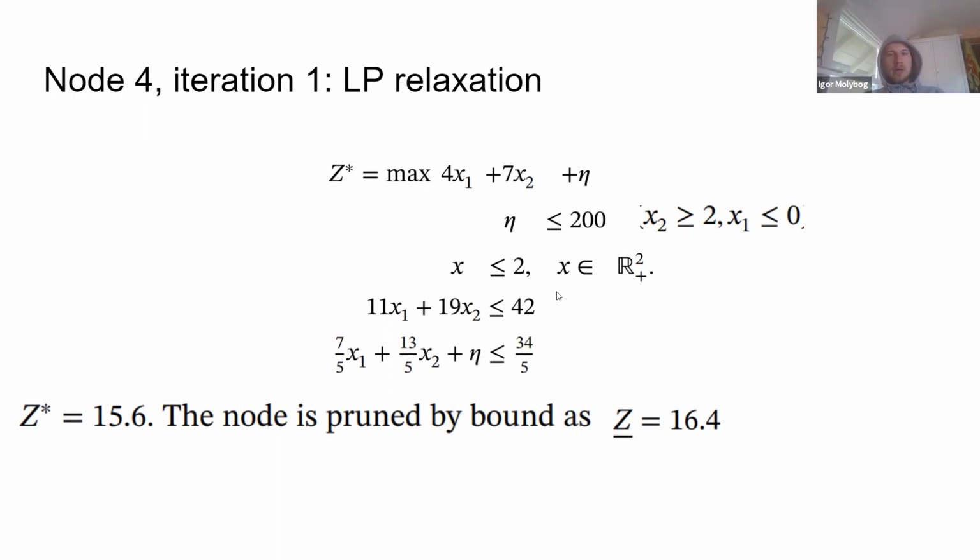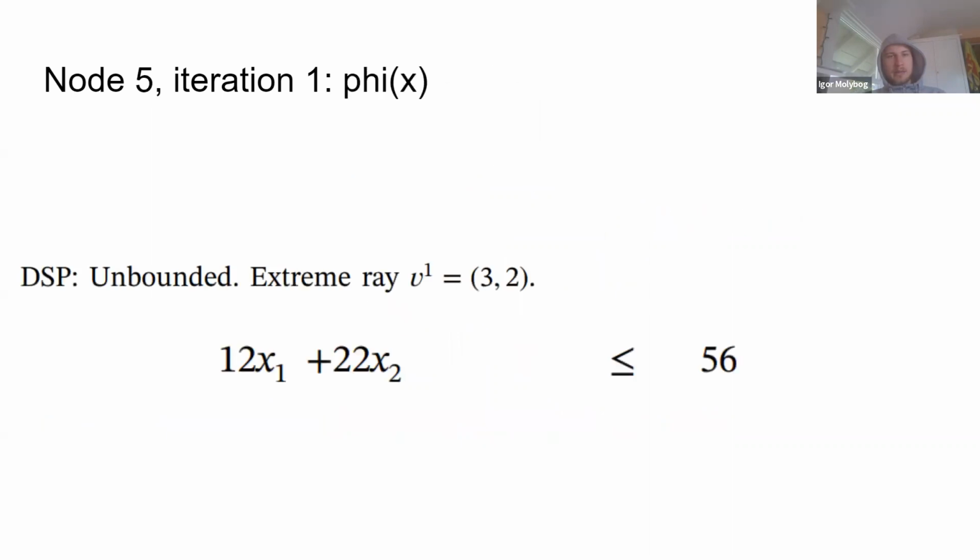In the node 4, we have the same two inequalities from node 1, and we also have two new inequalities, x2 greater than or equal to 2, and x1 being less than or equal to 0. The corresponding optimal solution for the LP relaxation is 15.6, which is smaller than 16.4. Therefore, we can prune this node by bound altogether. And in the iteration 5,